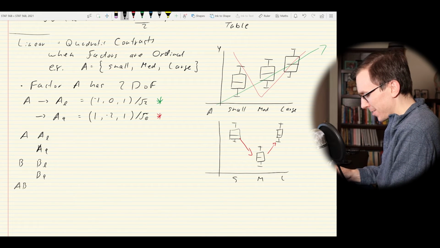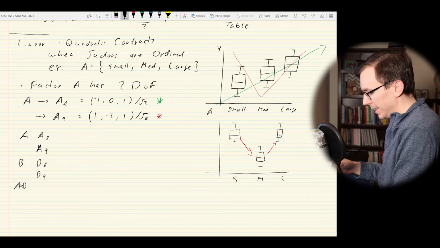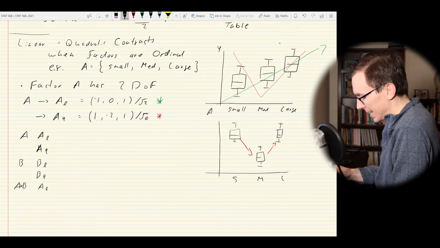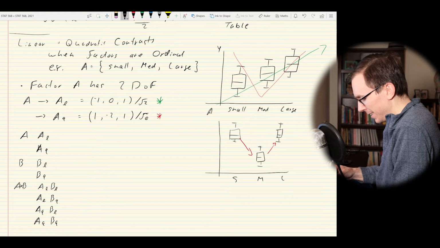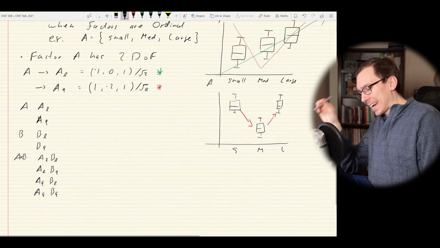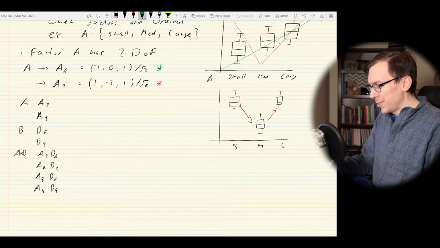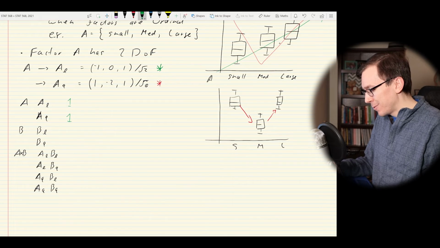Because we could also take our interaction term A crossed with B, the 4 degrees. Remember, it has 4 degrees of freedom. And what do you think we're going to do? Well, we can cross A linear B linear, A linear B quadratic, A quadratic B linear, A quadratic B quadratic. So we can actually break all of our ANOVA table up into, and look at this, we actually have 8 of these, so we would each have 1 degree of freedom for all of our polynomial contrasts, and it just so happens they're all orthogonal